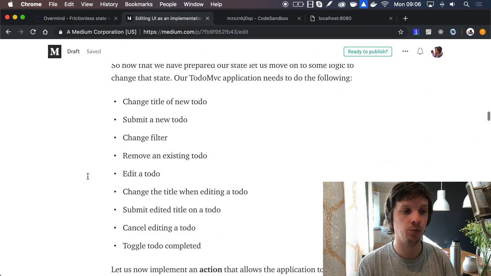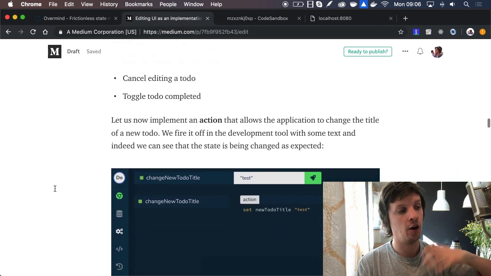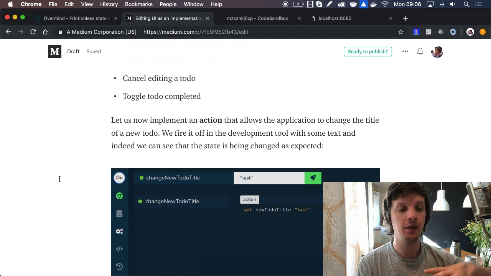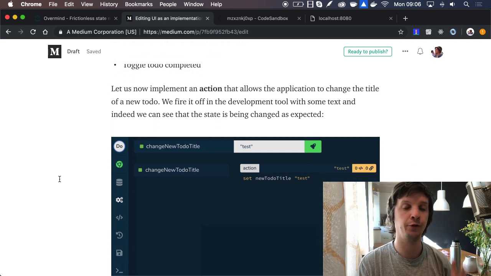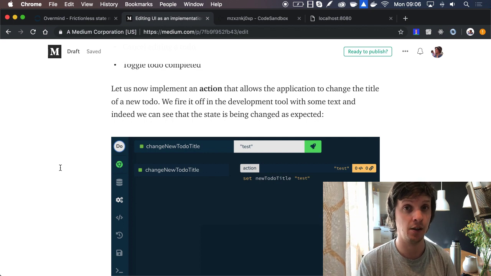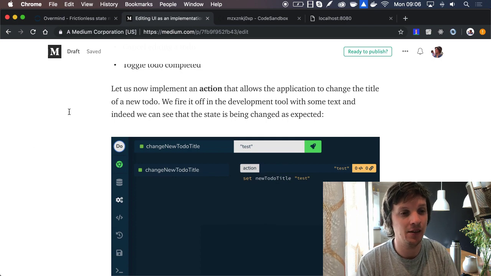Then we start talking about what this application needs to do. The underlying message here is about the process of developing apps: you just get a design mockup from your designer and then you just start implementing it. I worked in many projects where it works exactly like that. And also the way you develop is you have multiple developers and each developer works on a single feature, which is not ideal. It works, but it's not ideal.